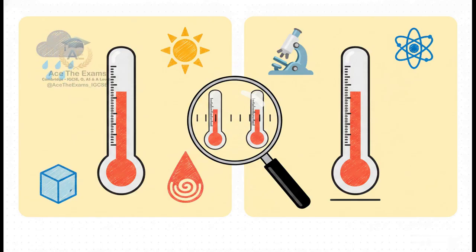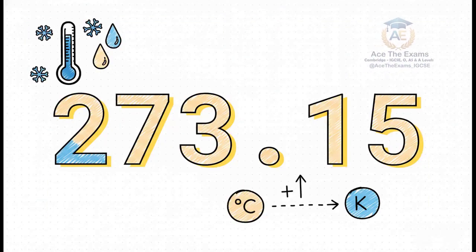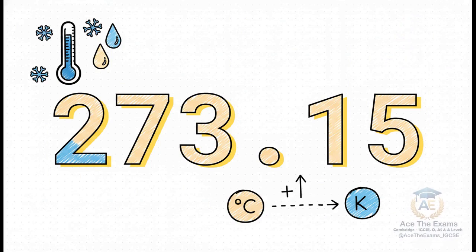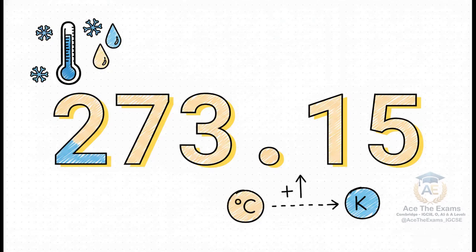But here is the brilliant part. 1 degree on the Celsius scale is exactly equal in size to 1 Kelvin. The steps are identical. It's really just the starting line that's different. Because the steps are the same size, the crucial thing we need is a bridge between these 2 scales. And that bridge is the number you're looking at right here, 273.15. See, because the Kelvin scale starts at absolute zero, water actually freezes at 273.15 Kelvin, which we know corresponds to 0 degrees Celsius. So to convert any Celsius temperature into the thermodynamic Kelvin scale, all you have to do is